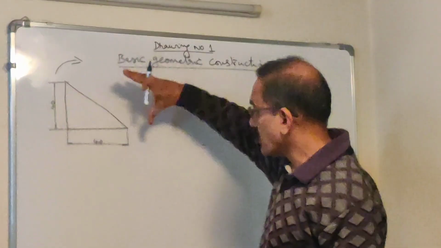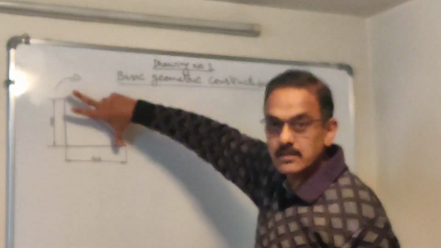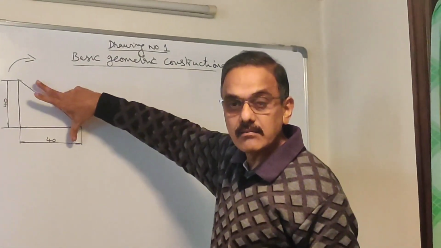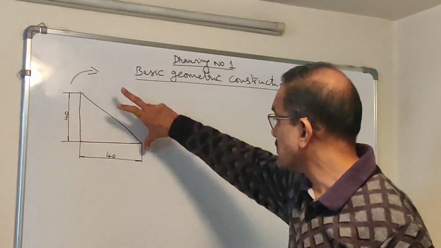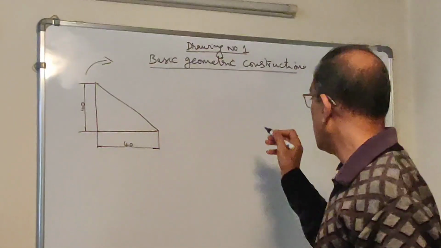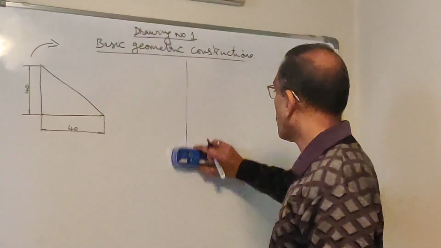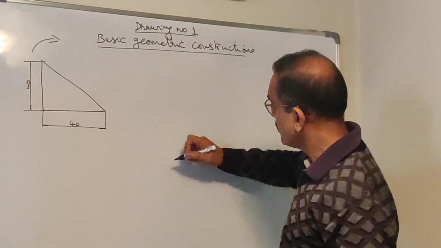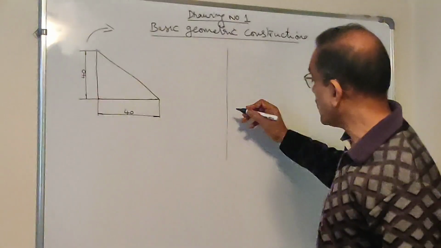First, you can use your compass and measure this hypotenuse. Okay. You are going to use compass, not scale, because it is a fraction. If you measure it with scale, you may not get it properly. So I want you to use compass, drawing compass, measure this distance. Okay. So keep that ready with you. Now, using your scale, you draw a vertical line, a thin vertical line. So you will draw it using your scale and pencil. This is drawn vertical. It's a thin line. Now whatever measurement you have taken with your compass, that will be transferred here.